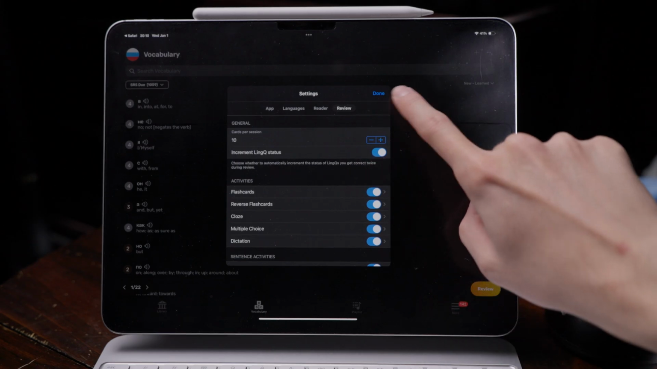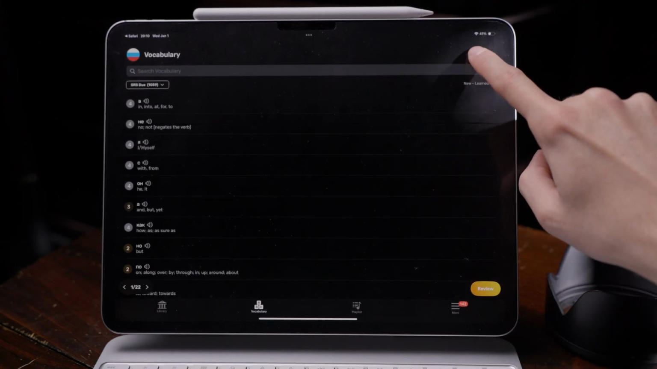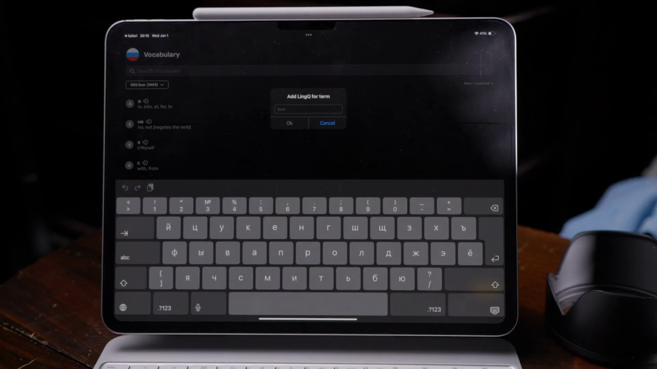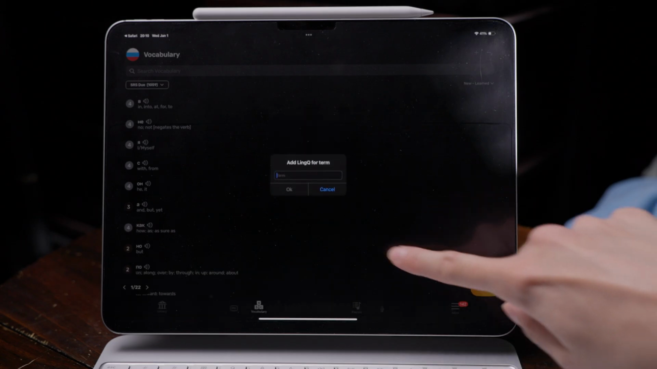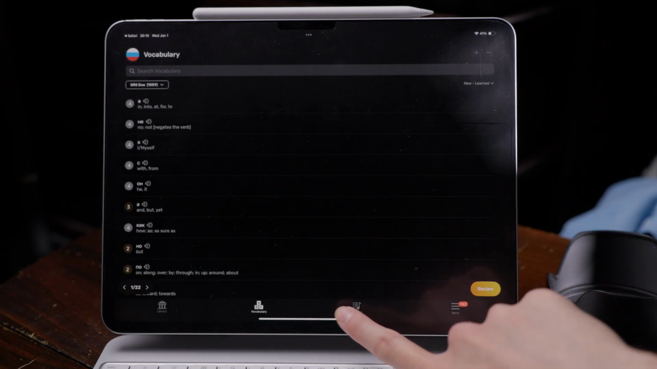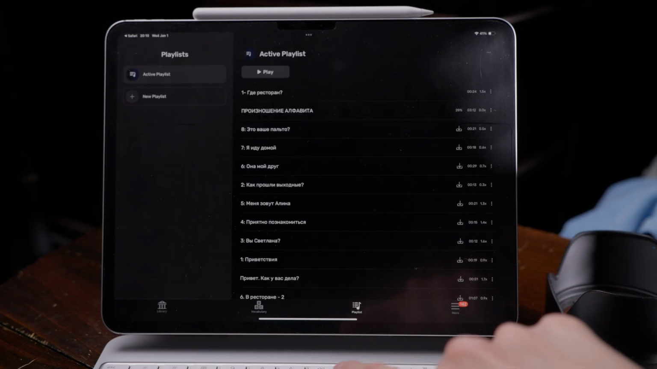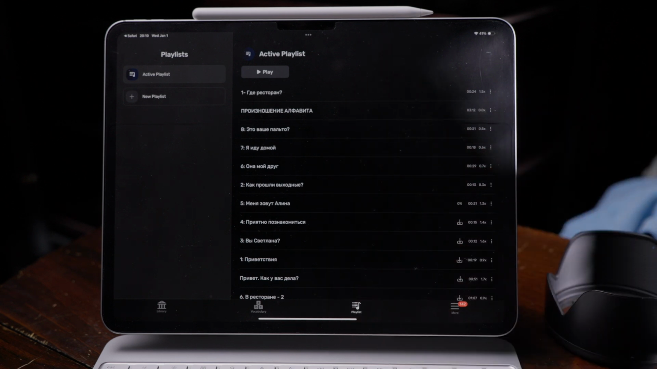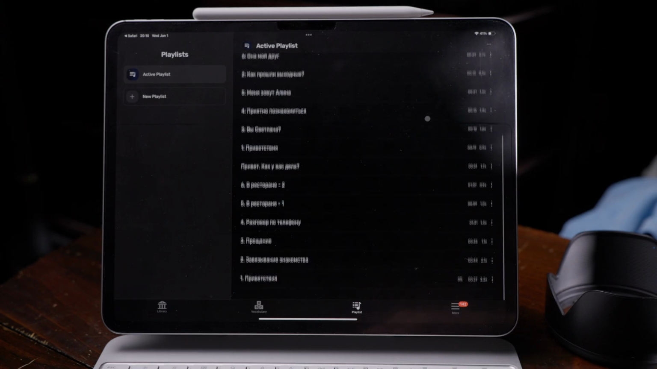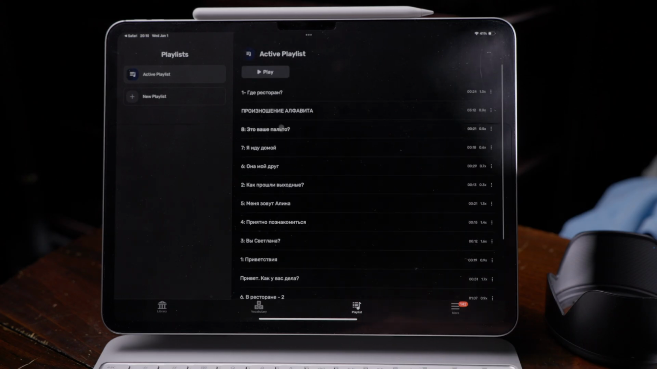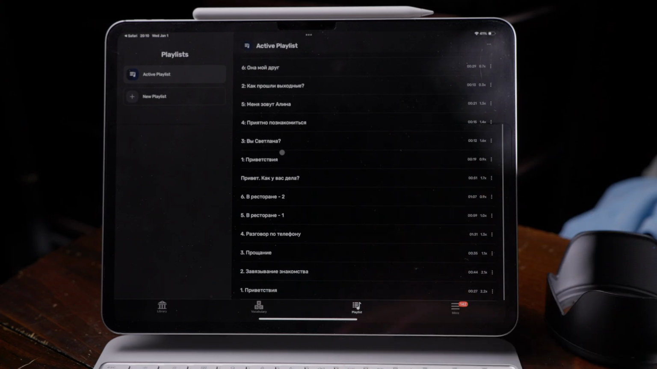And then you can go here and you can also go into settings. If you want to add a word by yourself, you can also do that here. So if you want to manually add a word, you can do that. But we're not going to do that right now. Then here, if we go into playlists, you can add as many lessons to a playlist as you want. And so we can see here that we have a playlist with a whole bunch of different lessons. And if I tap on one of them, then I'll get to hear the audio, and that way I get